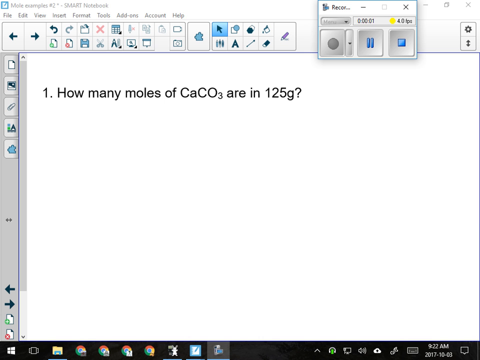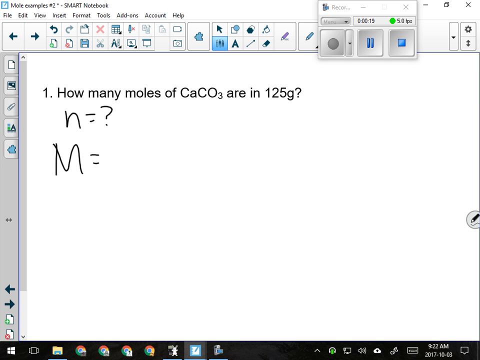All right, so let's have a look at our first example here. In the first example, it's the easiest one, right? We're just looking for the number of moles. We're not going to have to manipulate the mole equation. We're solving for n, okay? So in this one, it says how many moles, so n is our question mark, of calcium carbonate,